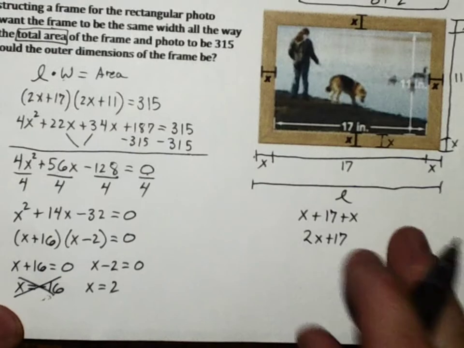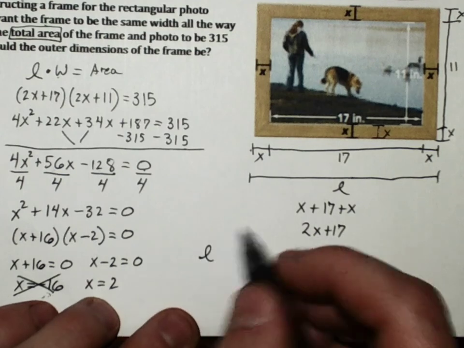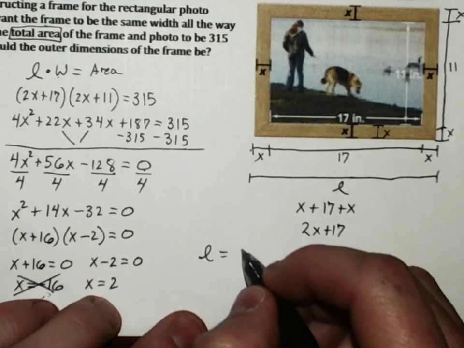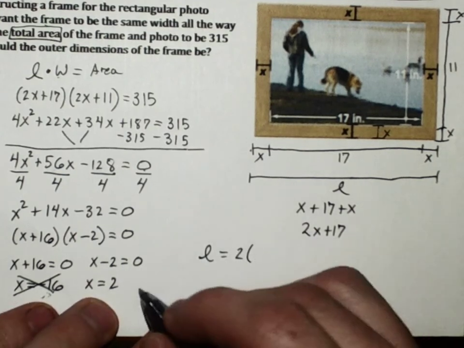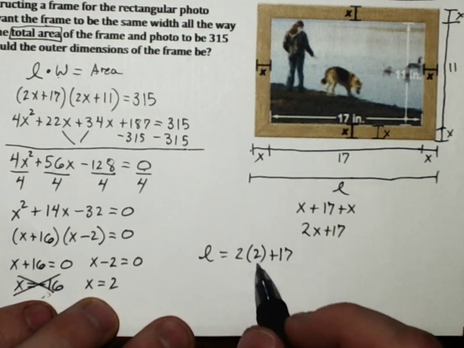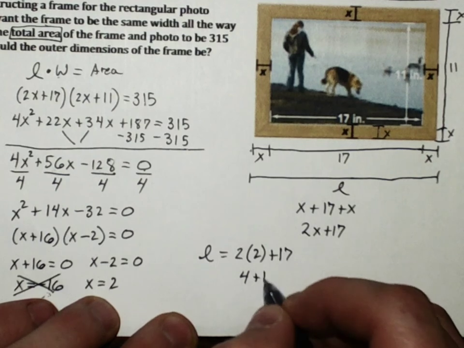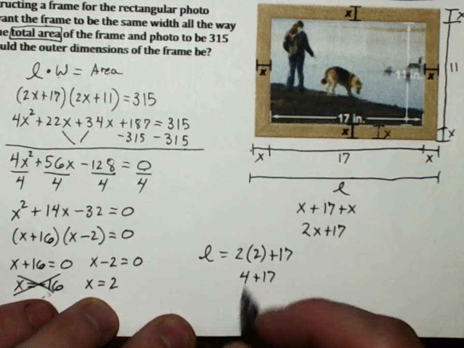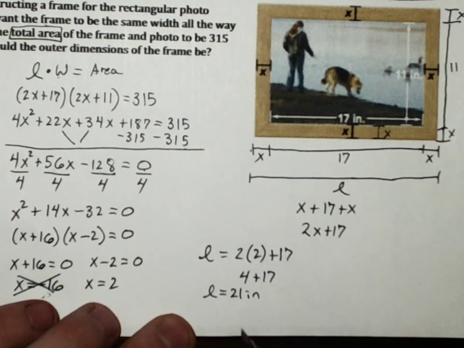So therefore, our length is going to be 2 times x, which is 2, plus 17. 2 times 2 is 4. 4 plus 17 is 21. So our length